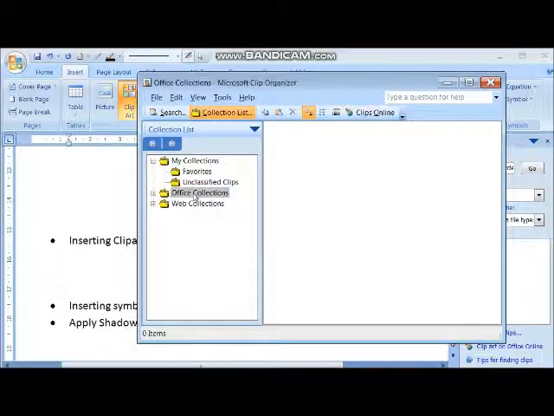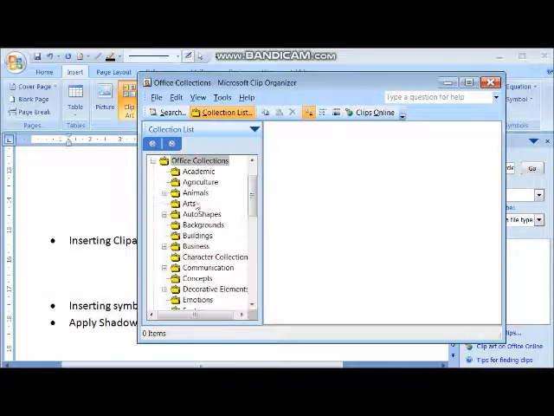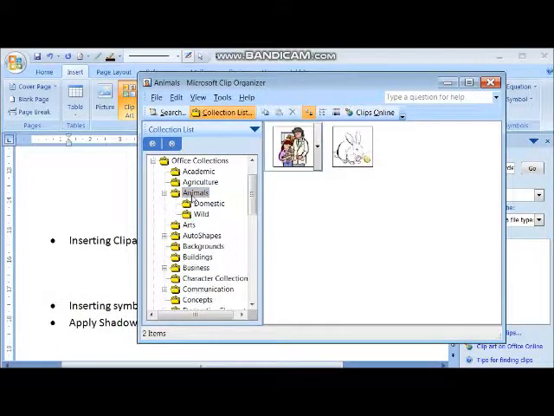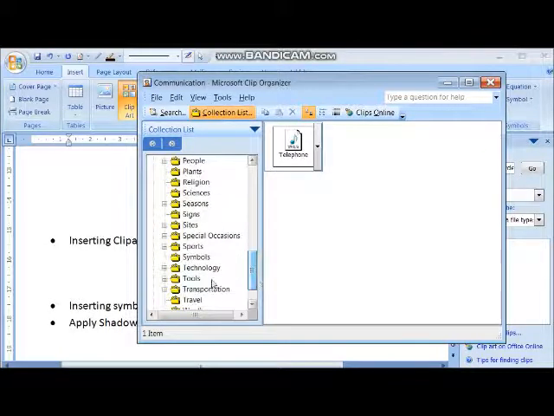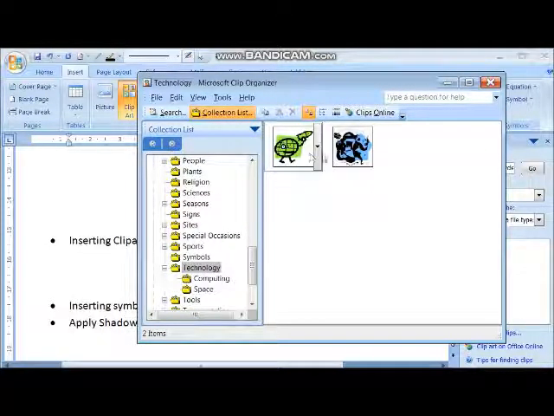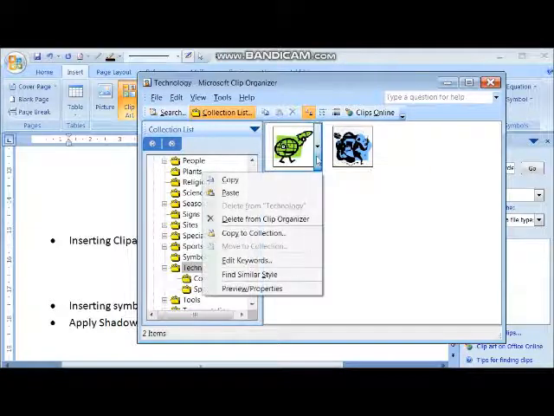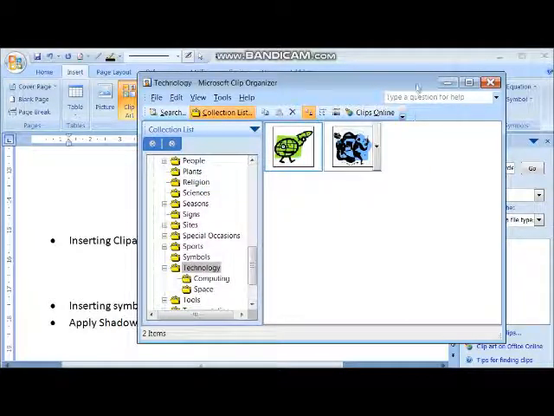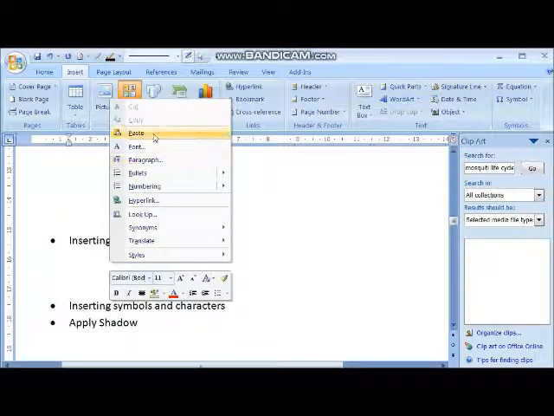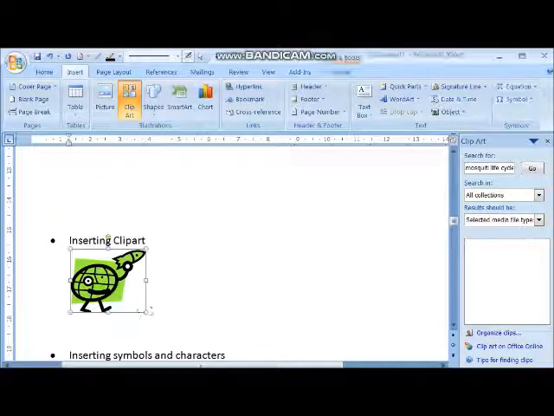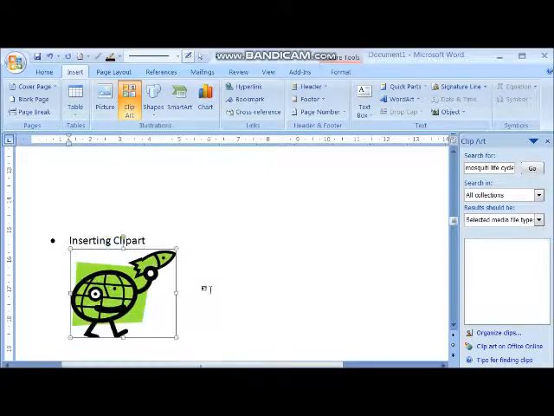Okay, like your office collection, different things are there which you can insert in that. Okay, I'm going to click on this, copy, and then paste. So this is your clip art.